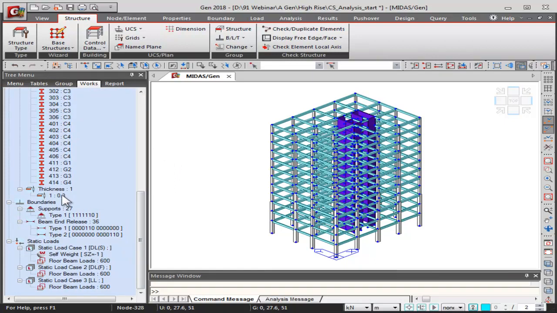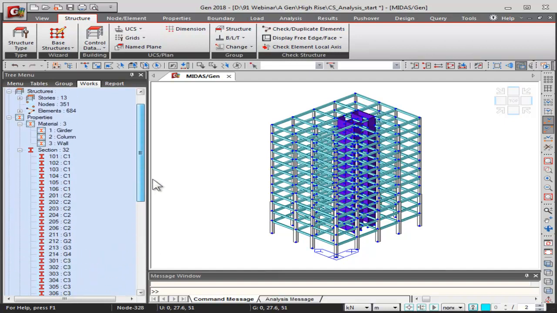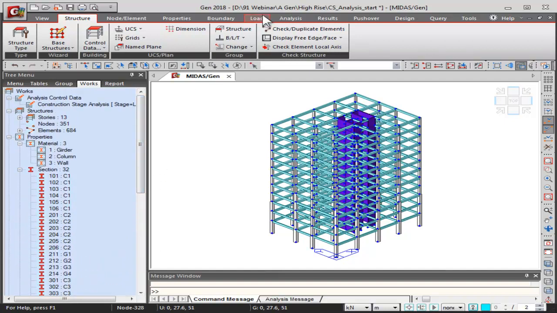The thickness of the wall is 300 mm. The boundaries have been applied, fixed boundaries have been applied. There are some beam end releases also. And under the static loads, self weight has been applied. Then floor finishes have been applied using the assign floor loads command, as well as the live loads have been applied onto the structure. So now we can go ahead with the